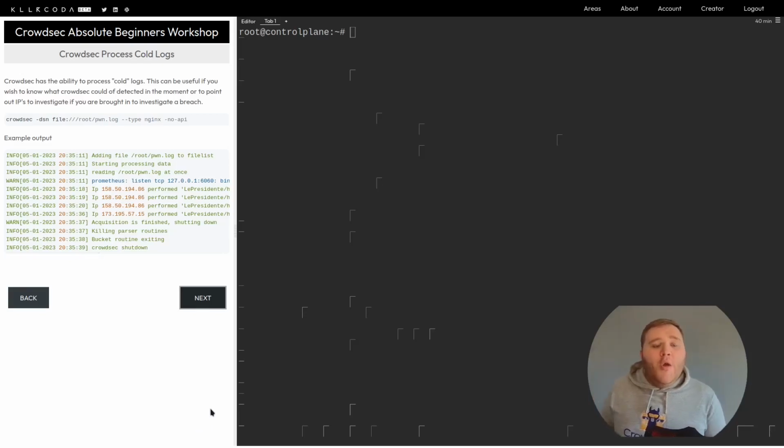Heading over to the next section, we're going to be talking about how CrowdSec can be run in 2 modes. There's the active mode, where it parses logs live and then makes remediations in live mode. However, CrowdSec can also be run in what we call cold log mode or forensics mode. This will spin up CrowdSec as a process, run the logs through the same channels that we have normally, and spit out the decisions